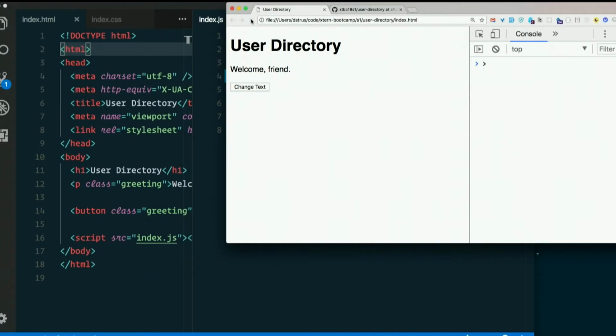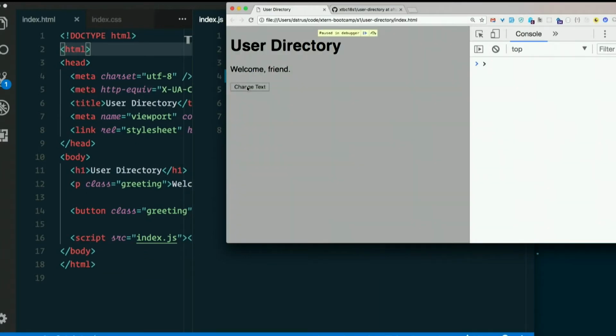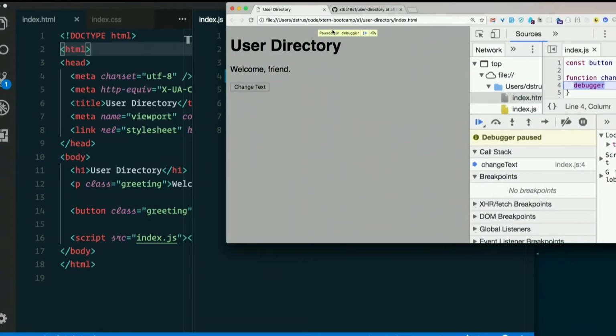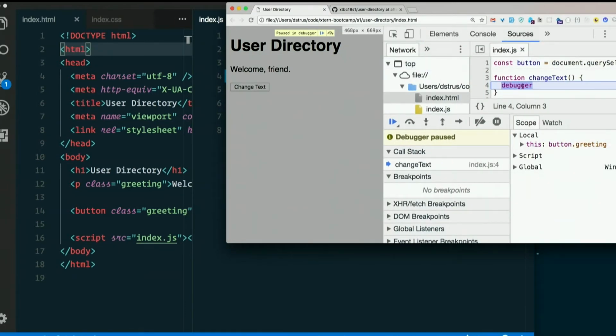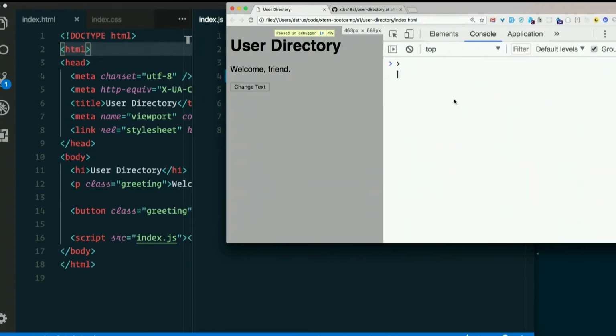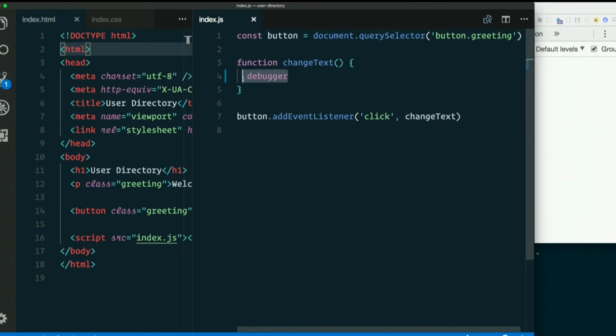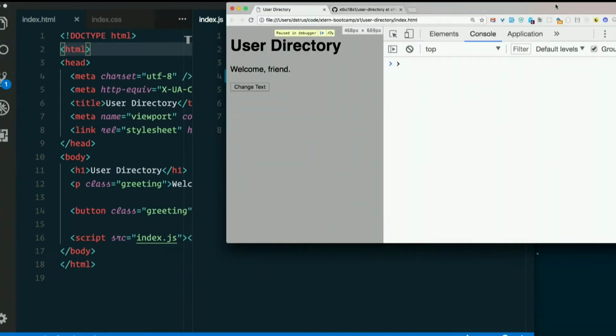Refresh the page. Hit change text. Good. Paused in debugger. And we're on this source tab, and it shows us which line we're on. I want to switch back over to the console, though. So now my console is on this line right here. So any variables that are available to this function should be available to me. Now, we don't really have much in scope right now. But